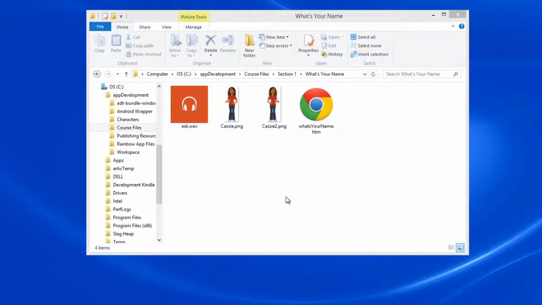In this video, I'm going to demonstrate how to use Notepad++. I'm going to do the demonstration on the whatsyourname.htm file that we've been looking at in the tutorials. So first of all, your course files directory, which you downloaded and extracted in your app development folder, open that and then open the section 1 folder and then open the what's your name folder,